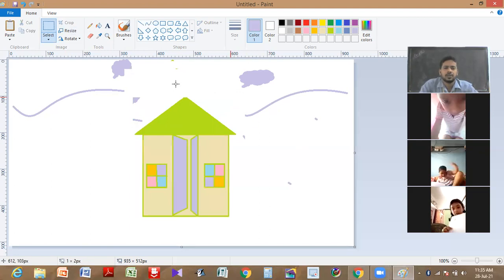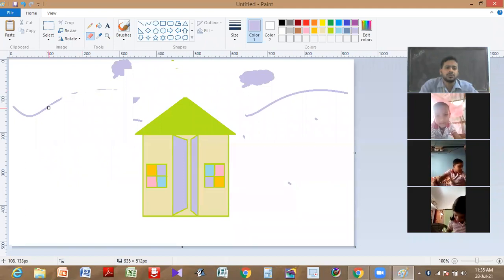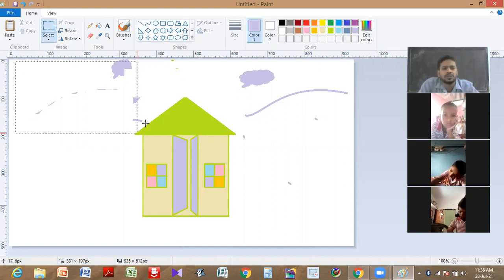And those which one you do not want, you can erase in this way also. So these are the different things you can draw. So how to draw something? What do we use? We will use this eraser. Now this eraser. So sir has shown you how to do all these things.